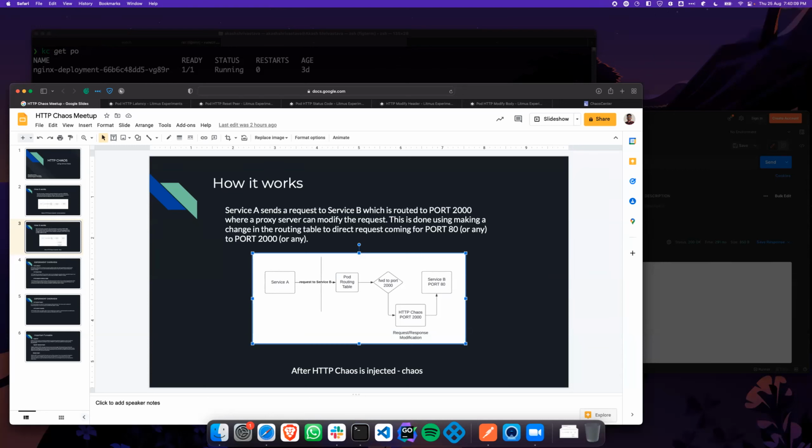For the experiment that you are having as part of the HTTP experiment, one good use case would be to exhaust the HTTP port with a high number of HTTP connections.